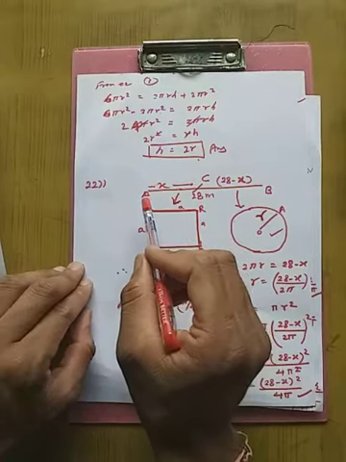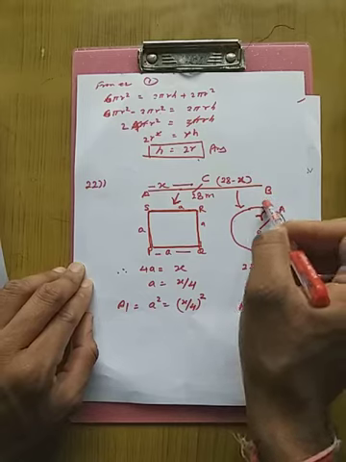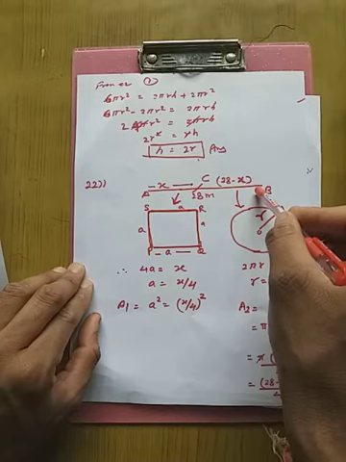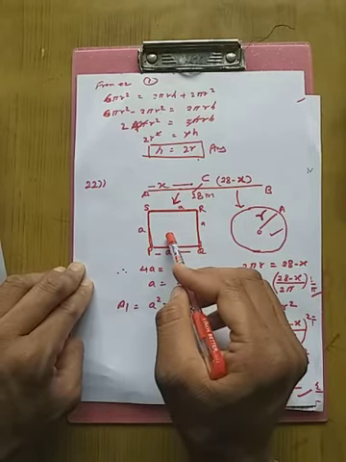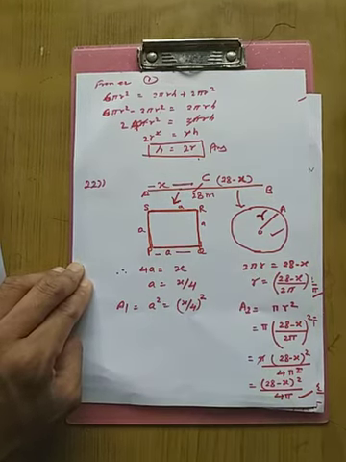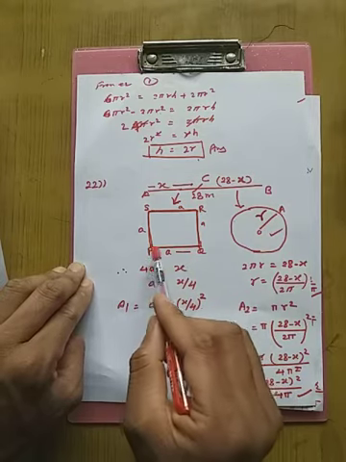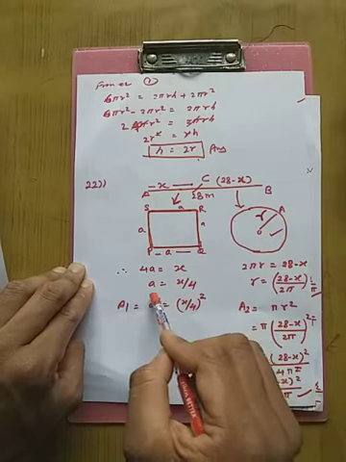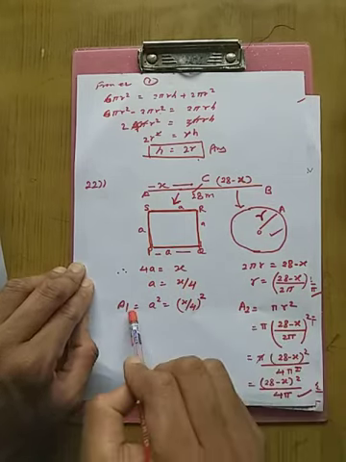Okay, let the length of the first piece of the given wire AB be x. Therefore the length of the second piece will be 28 minus x. From the first piece, let us suppose I am making a square. Let the side of the square be a. So perimeter of the square, 4a equal to x, a equal to x upon 4 is the side of the square. Now the area of the square, A1 equal to a square equal to x upon 4 whole square.